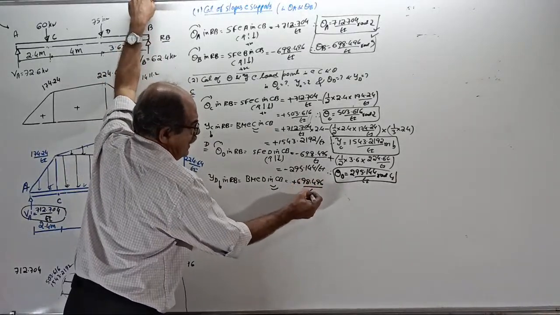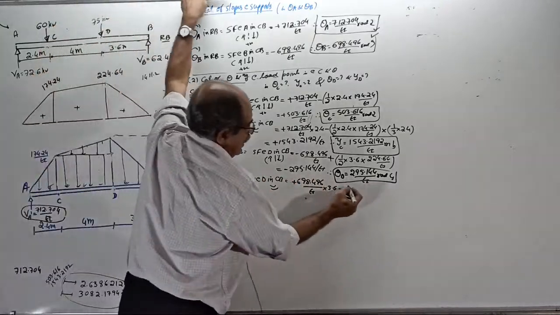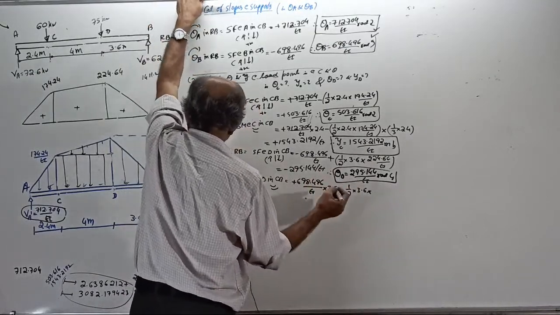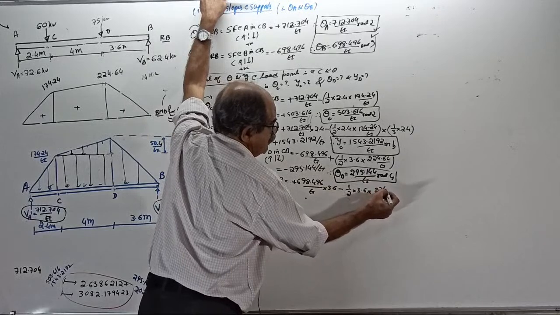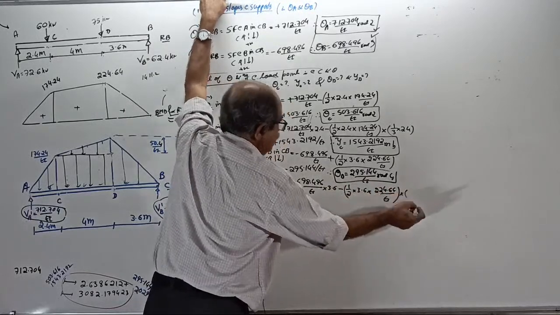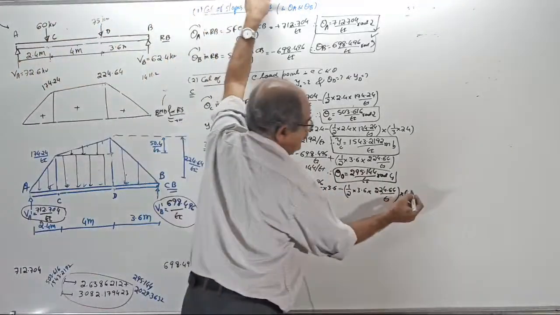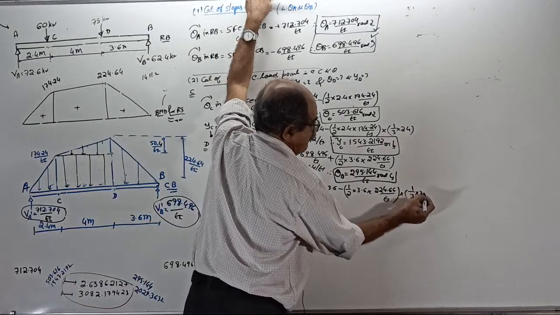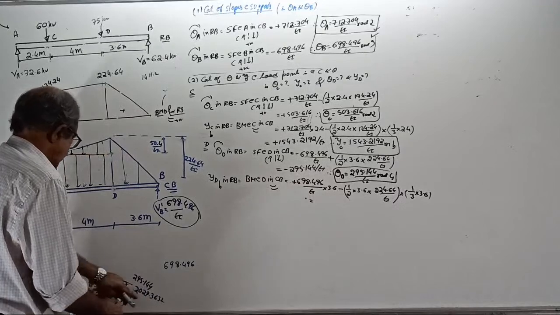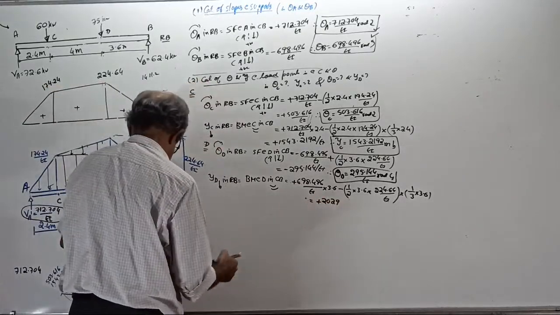698.496 by EI into 3.6, then minus half into 3.6 into 224.64 by EI is the total load into moment about D, 1/3 of 3.6. If you calculate, this will come plus 2029 point